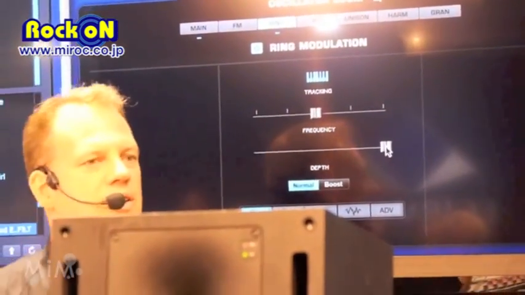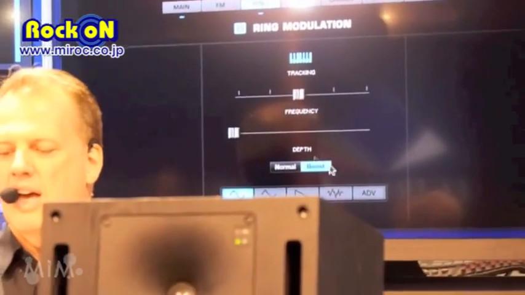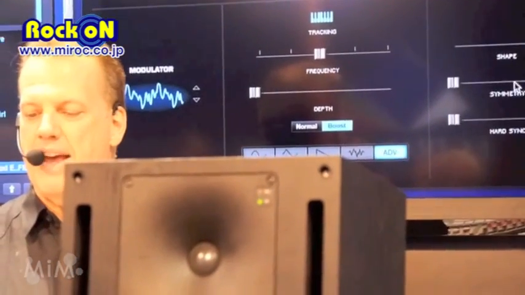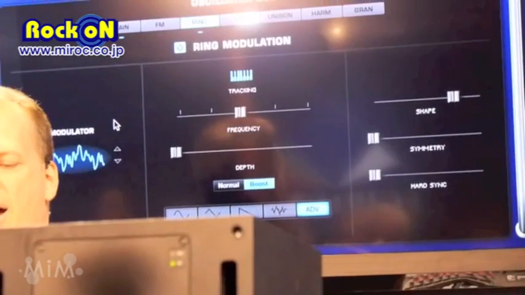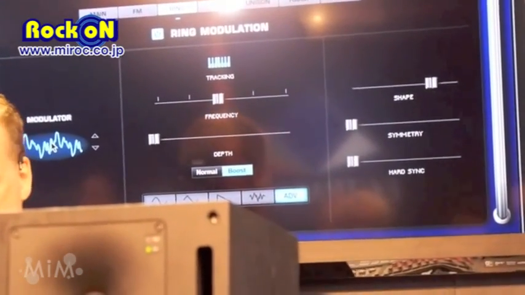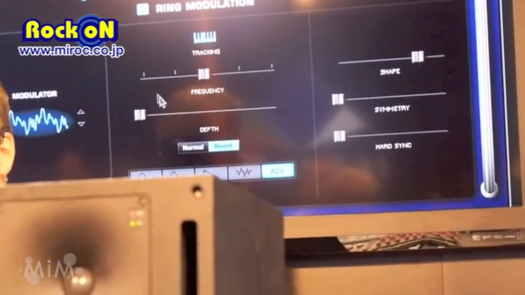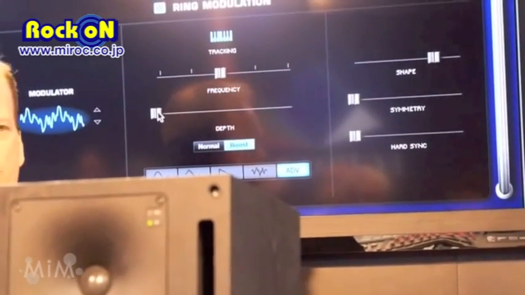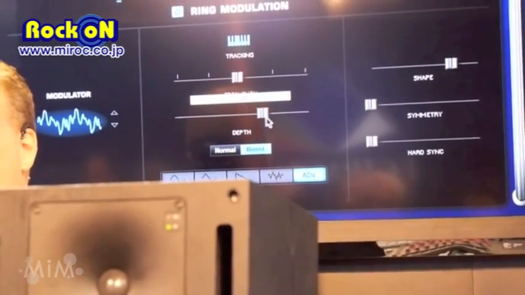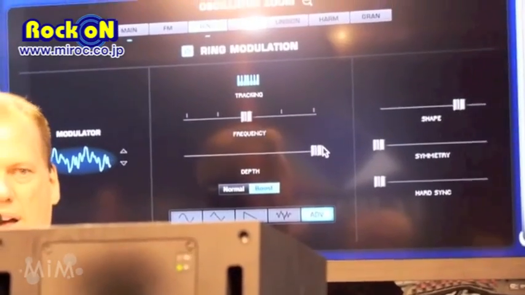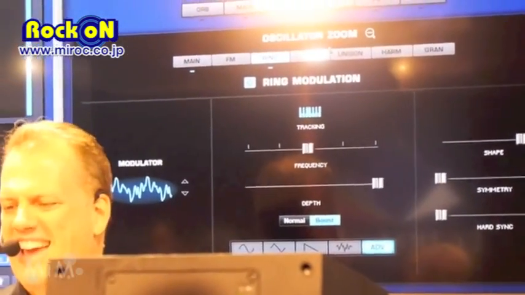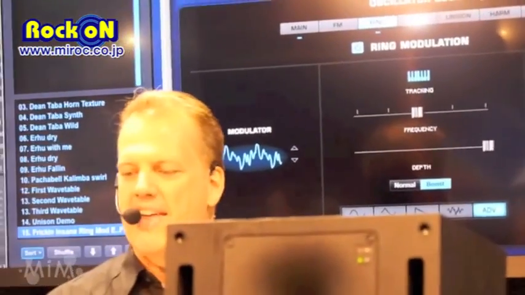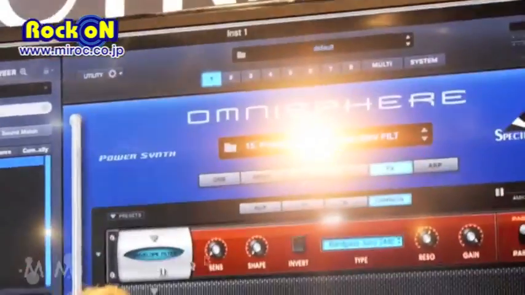Still kind of subtle, it's a subtle effect. But in version 2, we have a boost mode and an advanced mode where any of the wavetables can be modulators. So we go from here to really, really fat. And so let's take that and run that through one of the new effects, because